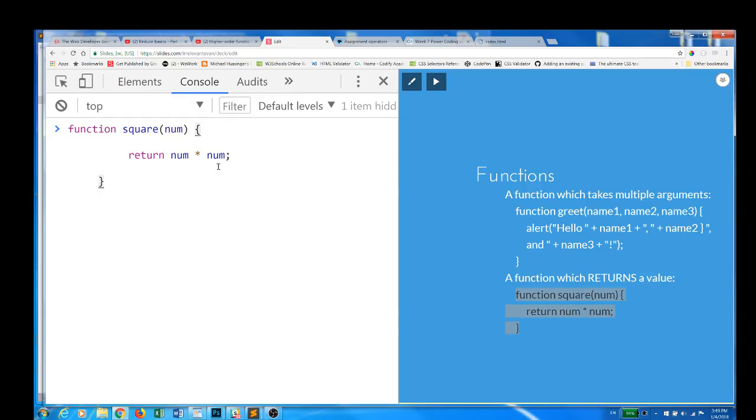Okay? So when I invoke it with an argument, it should return whatever this evaluates to. So it doesn't execute an alert. It doesn't execute a console log. It doesn't execute document.write. It simply returns a value. Let's try 8. I get 64. It's not that interesting, but